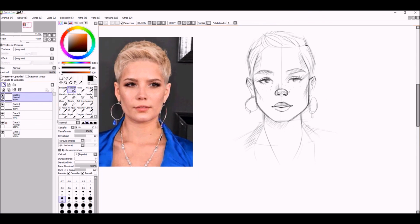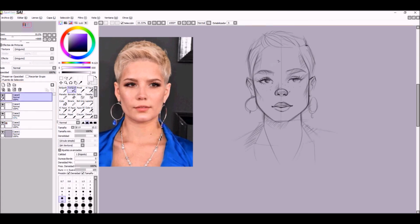Also, I like to add a darker background, and I use the same tool, which is the area